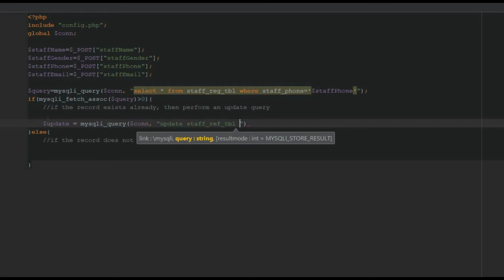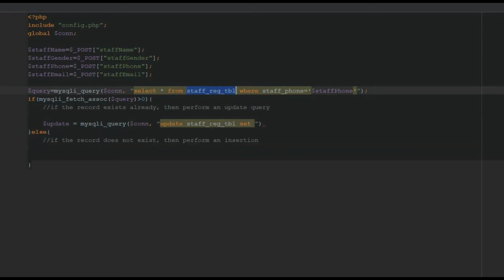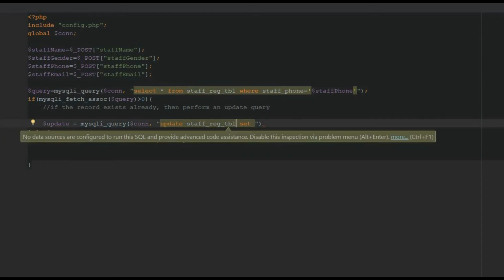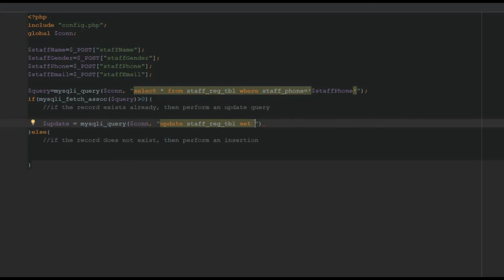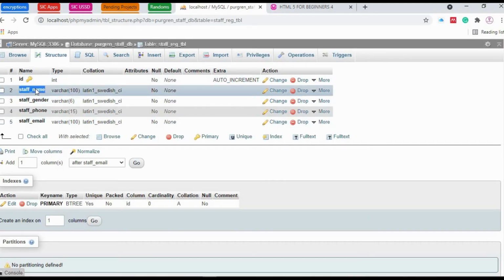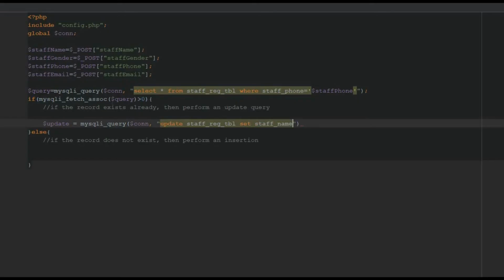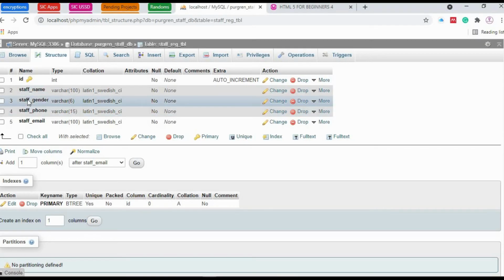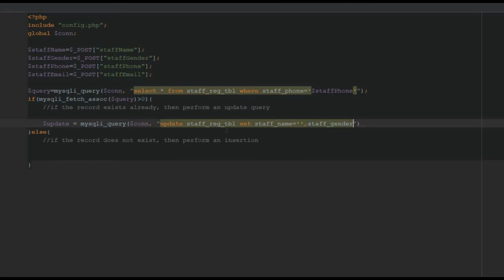Okay, then we set the columns. Okay, so staff reg, it's supposed to be the same name as this. All right, so staff reg table, then we set the column. So we have the staff name, the gender, and the email to be set. So now let's copy them one after the other from the database. So we have staff name, copy, equal to, then single quote, then comma, then we go for the second one, the gender, we paste, equal to, then single quote, then the last one, comma, the email